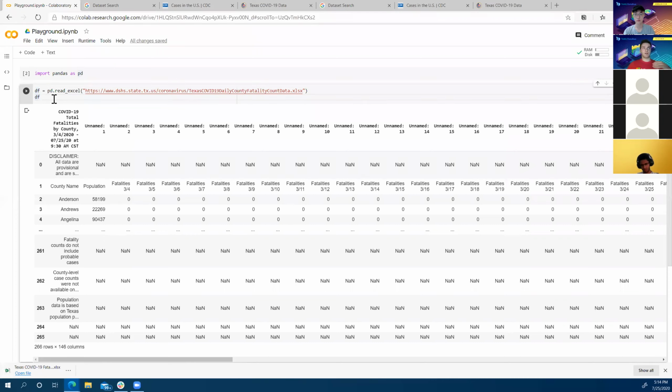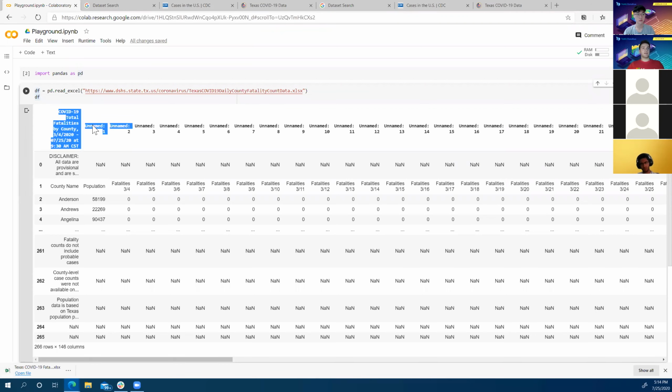Another quirk about Colab is that if you leave a variable as the last line of a code block, it'll print out what that variable holds. Or if you have a function that returns something, it'll print it out. So oftentimes what you'll see is we're writing some stuff and then we just have the variable name at the very bottom line, because we want to print out what's there.